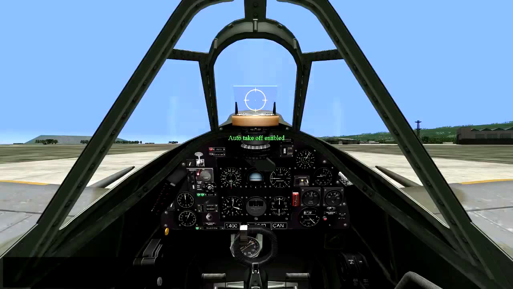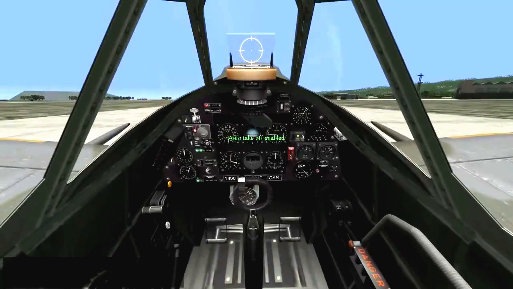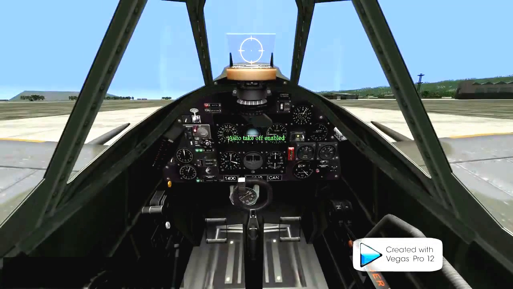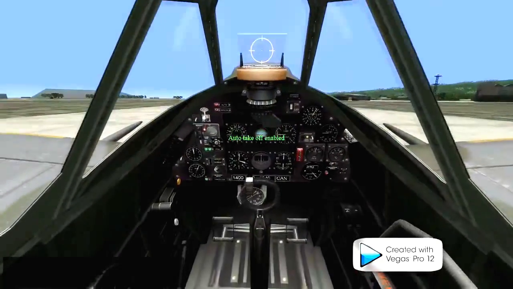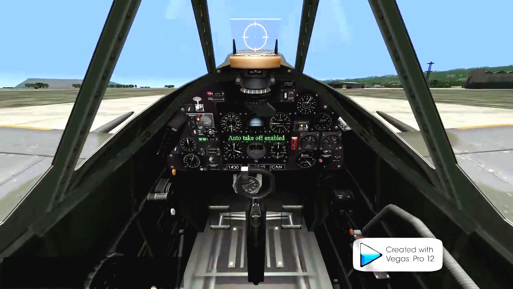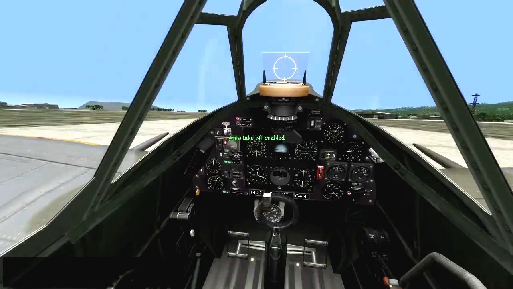So for now, I really recommend you make sure that auto takeoff is enabled, and basically that will counteract the torque of the engine with rudder for you, which you can see the controls will do as you increase the throttle. So simply with auto takeoff enabled, we're going to increase throttle to full power and then we will take off. So I'm going to do that now, and as we take off, if you notice the instruments, you'll see the airspeed indicator